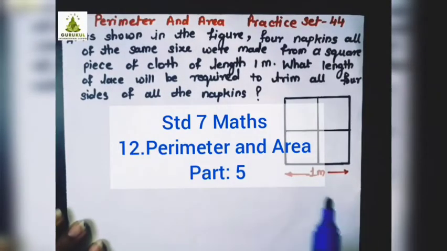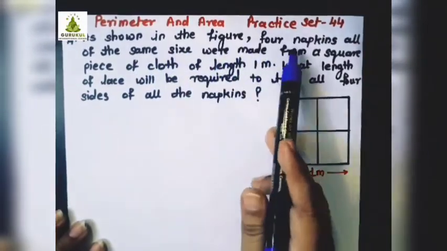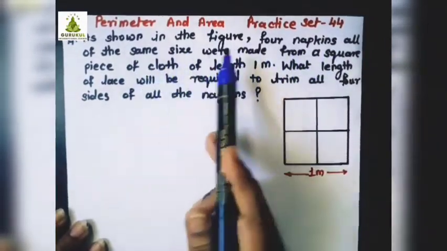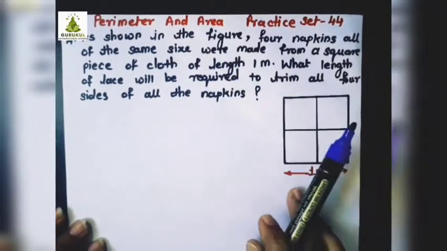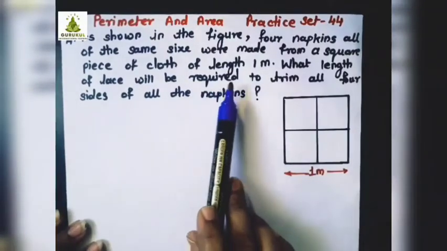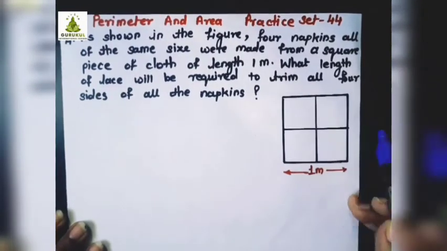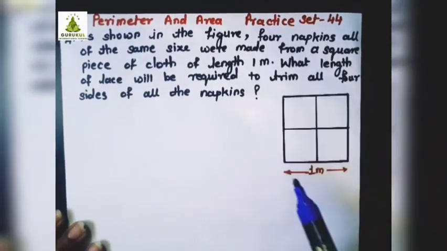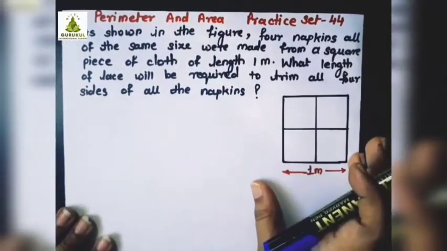Lesson number 12, practice set 44, fourth sum. As shown in the figure, 4 napkins, all of the same size, were made from a square piece of cloth of length 1 meter. What length of lace will be required to trim all 4 sides of all the napkins? Okay, so as shown in the figure, you can see they have given one square piece of cloth,